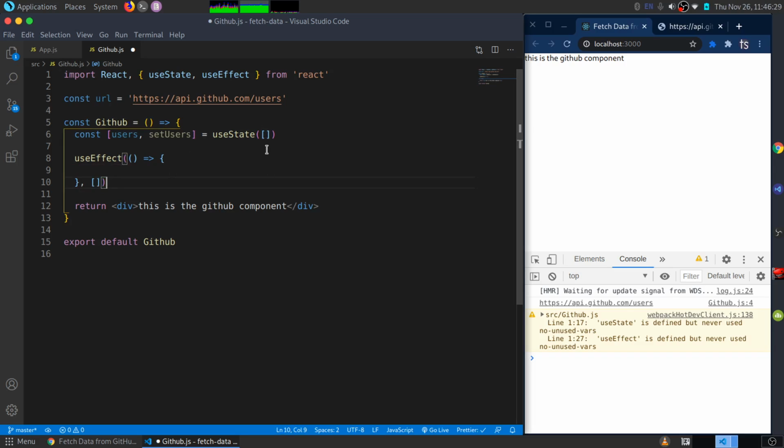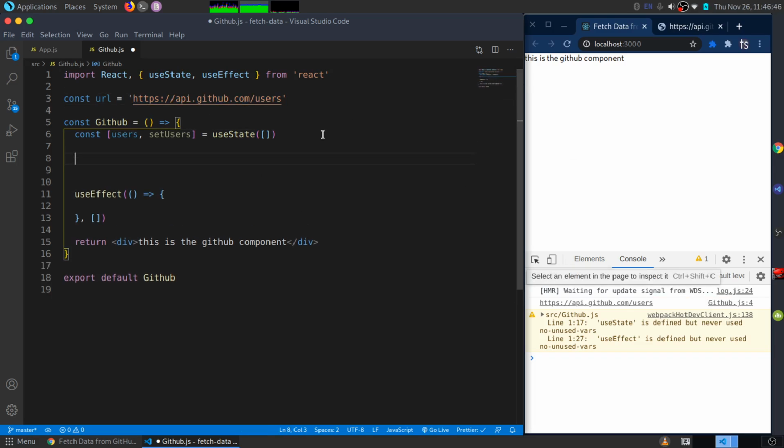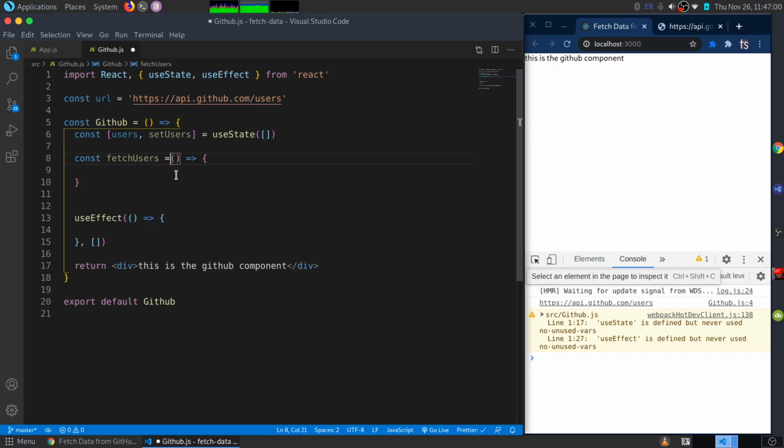Okay, so the next thing I'd like to do is create the function that will actually fetch this data from this URL, because you'll find that if I log this URL, as you can see, it just logged the URL and it will not return any data. So I'd like to create a function and say const, what do you name it, fetch data or fetch users. Let me say fetch users, and it's going to be an arrow function like that. And I'd like to make this